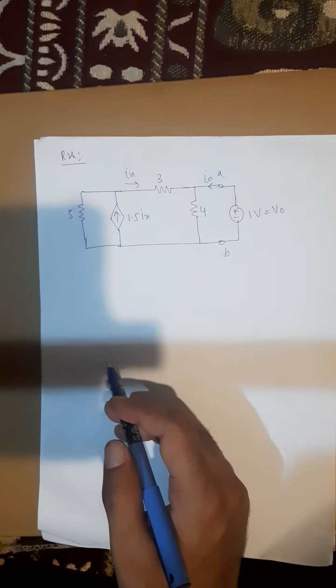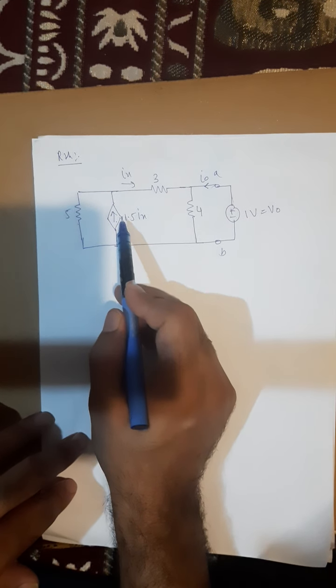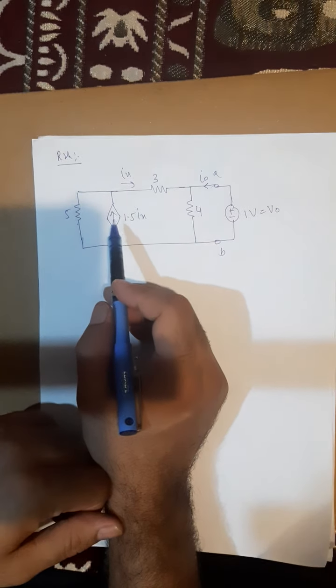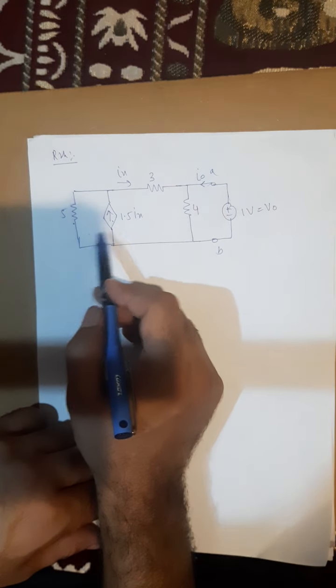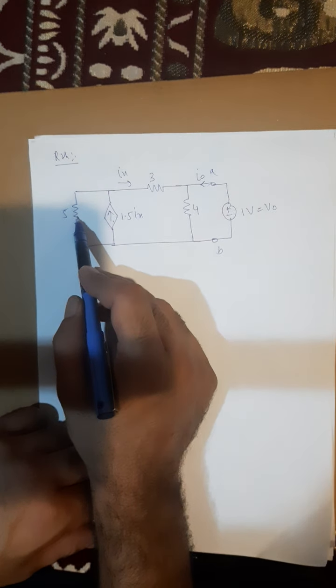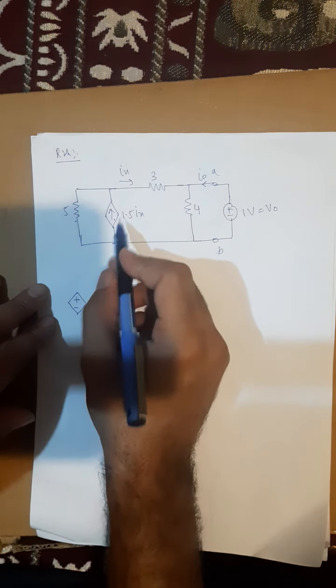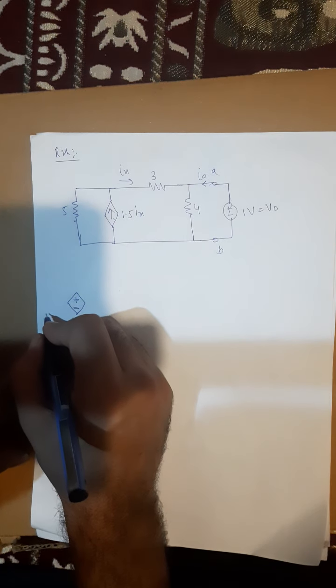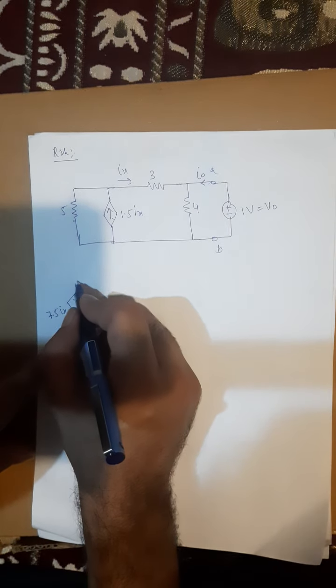So what I will do is make some simplifications, some transformations here. This is a current source in parallel with a resistor. Though it is dependent, I told you that source transformation applies to dependent sources as well. So this dependent current source in parallel with this resistor can be converted into a dependent voltage source in series with the same resistor. How will the circuit look then? I am converting this current source into a voltage source: 5 multiplied by 1.5 is 7.5 Ix, in series with the same resistor.